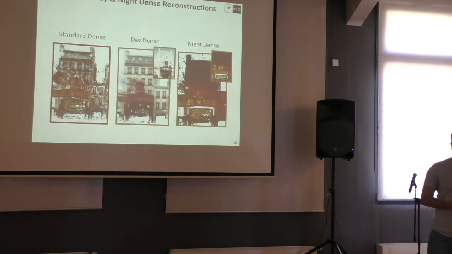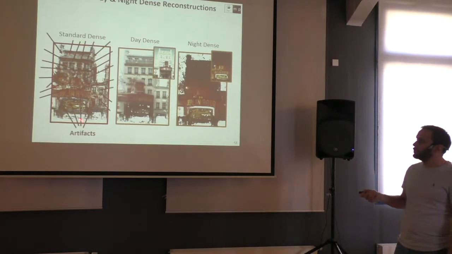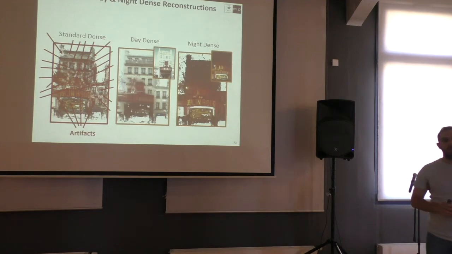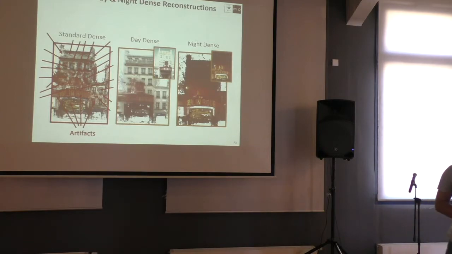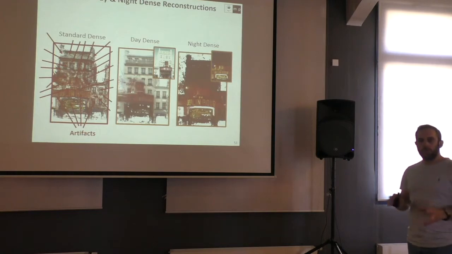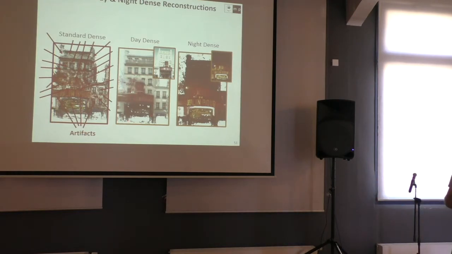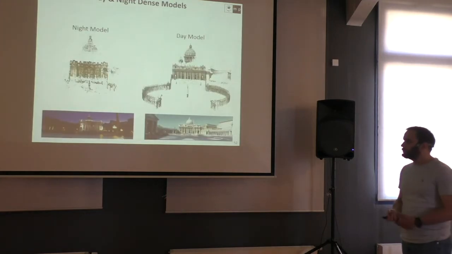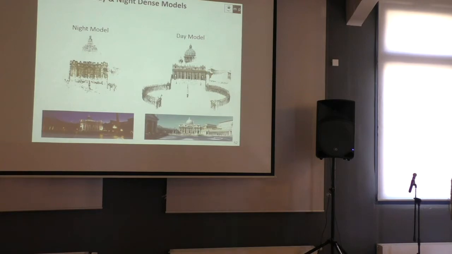So in order to avoid the artifacts that appear everywhere around the standard dense reconstruction, we propose to take advantage of the nature of local features to match more within the same modality, and to split this point cloud into day and night and do a separate reconstruction for the day and a separate one for the night. Although this works for some landmarks like Moulin Rouge out of the box, for others like Vatican,